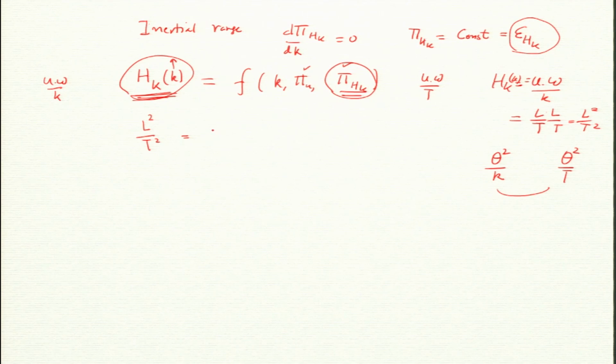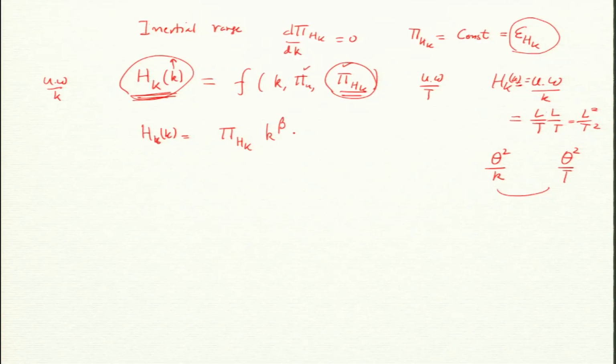One thing is that I will make pi Hk. We will do it a bit later. So, Hk of k is proportional to pi Hk, we just make it like that. This is coming from one phenomenological argument. This is not a rigorous proof, but it looks reasonable. And now we have 2 unknowns, k to the power beta pi u to the alpha, which we can determine. Yes. So, this was an assumption that this exponent is 1.